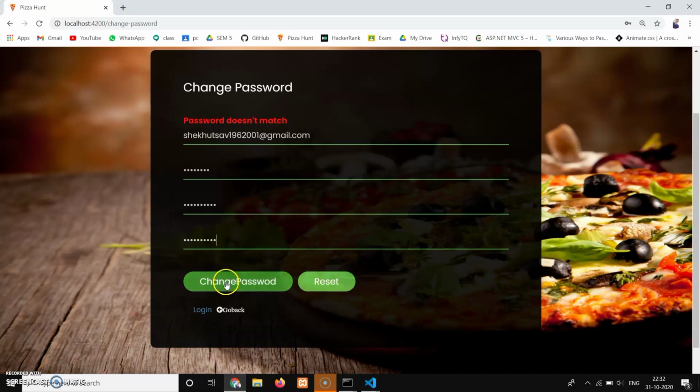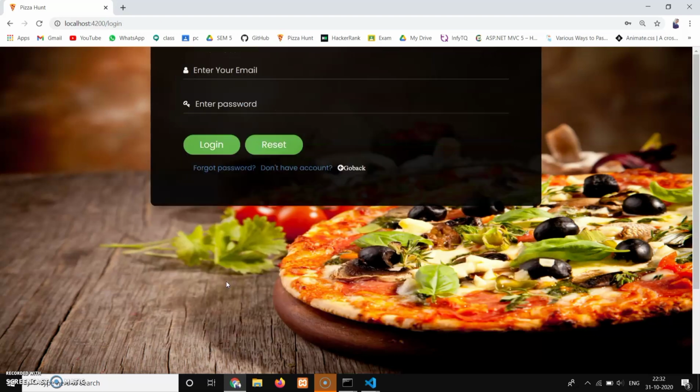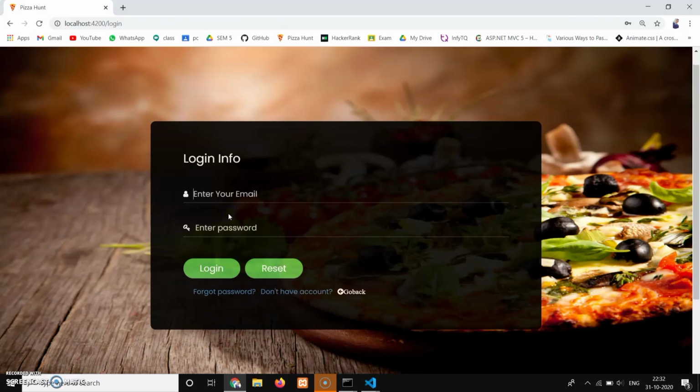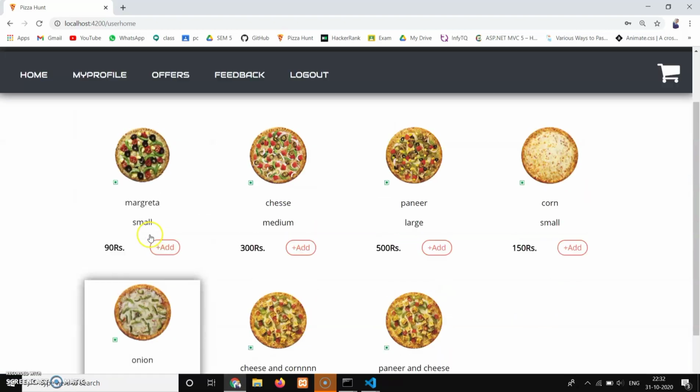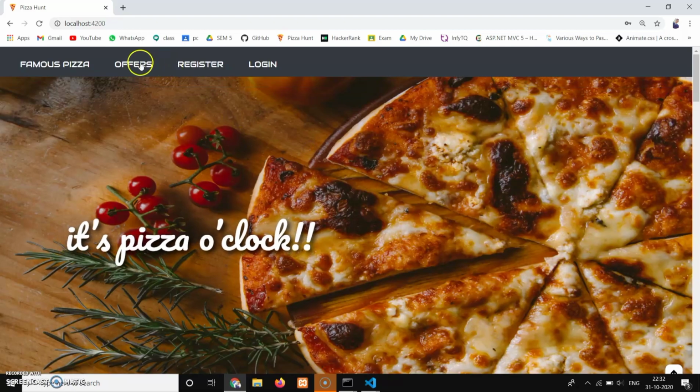Now we can change the password. Successfully changed our password. Now we can log in. That's it. Now we are logging out.